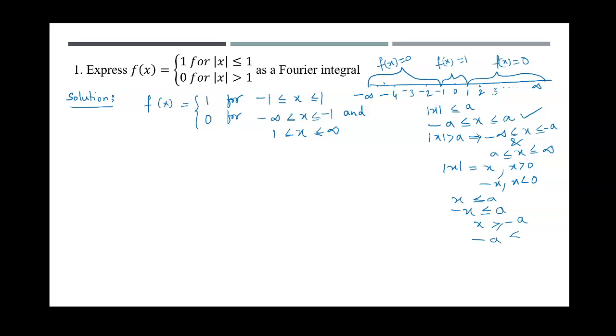What does it mean? Minus a less than or equal to x. So if you club these two, you get minus a less than or equal to x less than or equal to a. Okay, so here after rewriting these given limits,